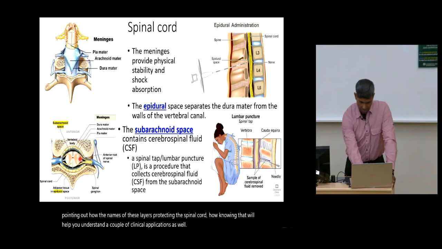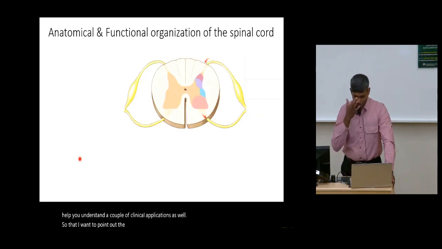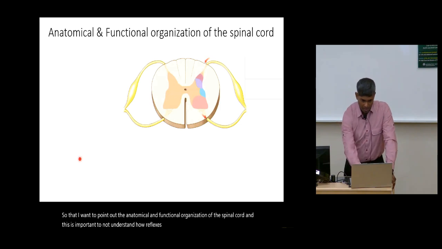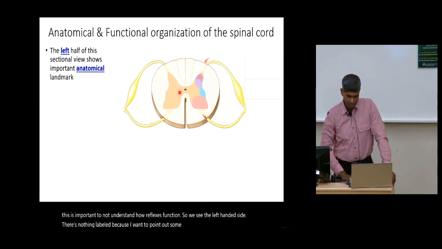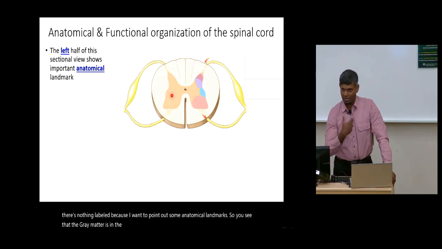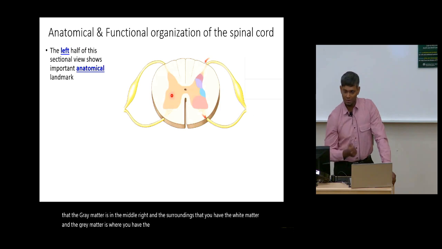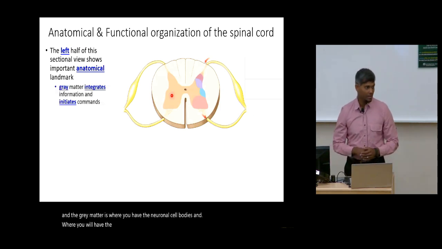So with that, I want to point out the anatomical and functional organization of the spinal cord, and this is important in order to understand how reflexes function. So we see on the left-hand side, there is nothing labeled because I want to point out some anatomical landmarks. So you see that the gray matter is in the middle, right, and surrounding that you have the white matter, and the gray matter is where you have the neuronal cell bodies, and this is where you will have the information being integrated and also